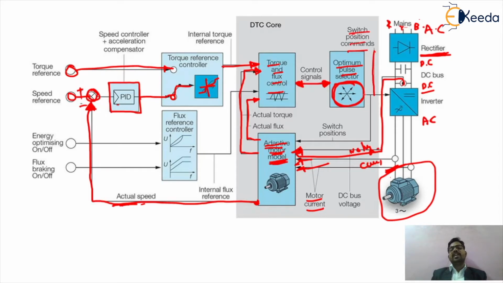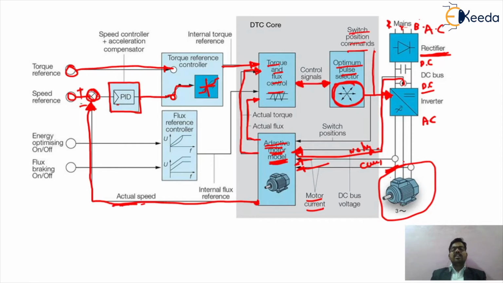While we are selecting the optimum value in the pulse selector circuit, we are giving the input to your inverter circuit. According to the optimum pulse selector circuit, we can control the different phase selector switches of the inverter circuit, or the different states of your inverter circuit. If we control the state of the inverter circuit, we can control the speed of the induction motor, or we can control the torque of your induction motor in the presence of the torque control loop.